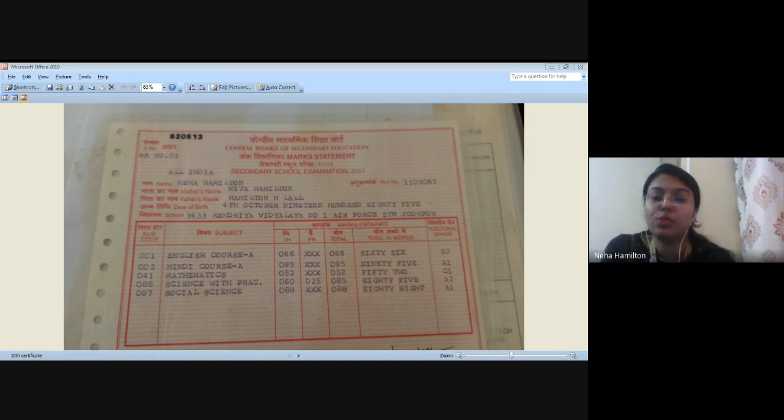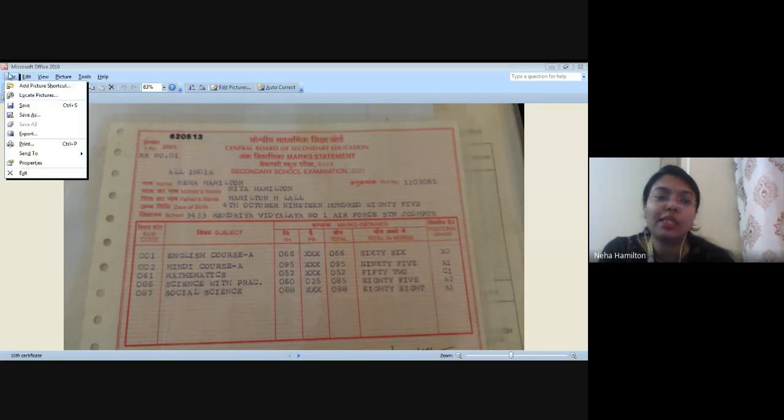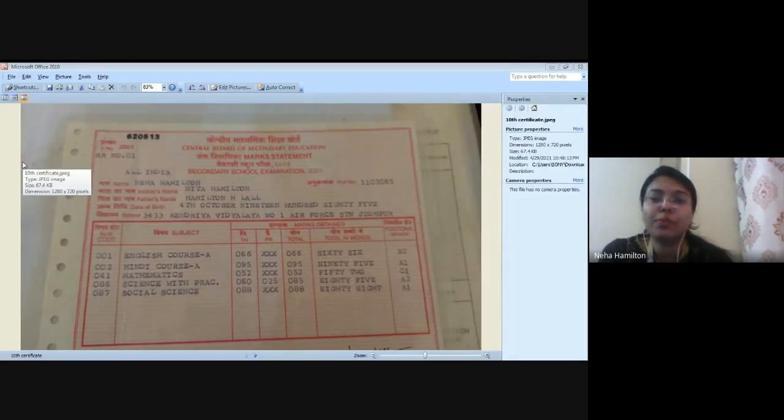There is no need to go to an e-mitra or ask somebody, because you can easily do it, right? First of all, you should know how to check the properties of a particular picture. You click on properties, and you get all the configuration of this picture. For example, is it visible to you? Yes, it is visible to you.